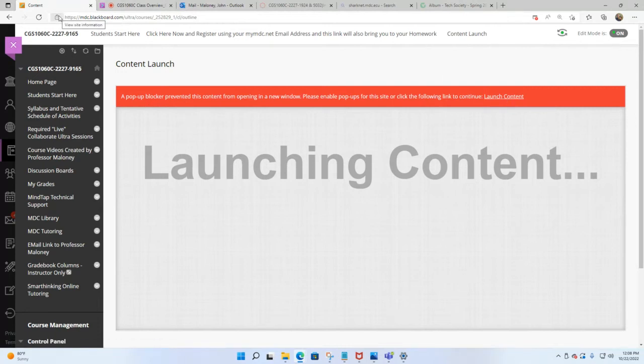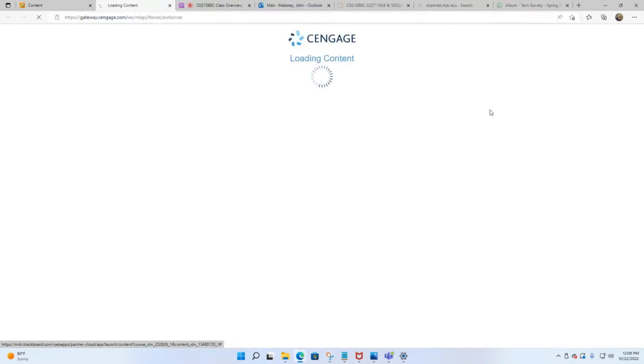You can look at the lock to the left of the URL up top of the screen. You can also go into your 3 dots over here for settings and more settings if you need more help on pop-up blockers. It's nice and easy. I click this link as a reminder that you do need to enable your pop-ups. If you do it one by one this way, it'll always pop up.